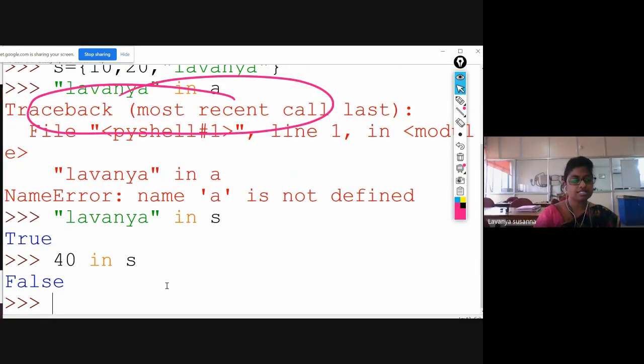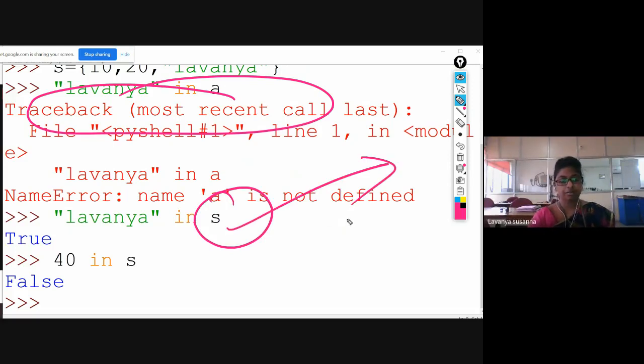Enter. False, right? The membership operator will return either true or false. If that element is present in S, the set variable, it will give true. If that element is not present in S, it will give false. This is the membership operator you can use with set.